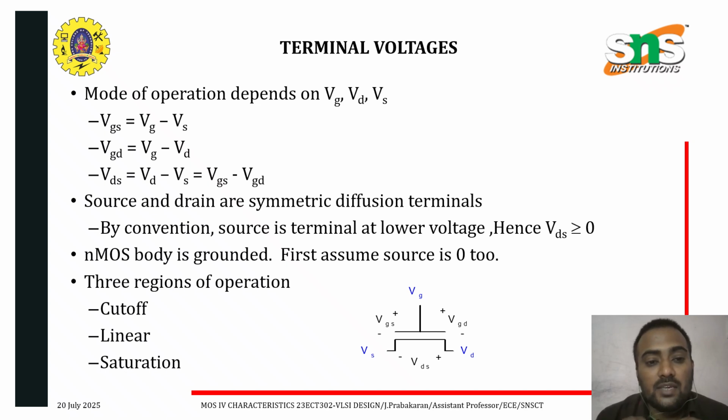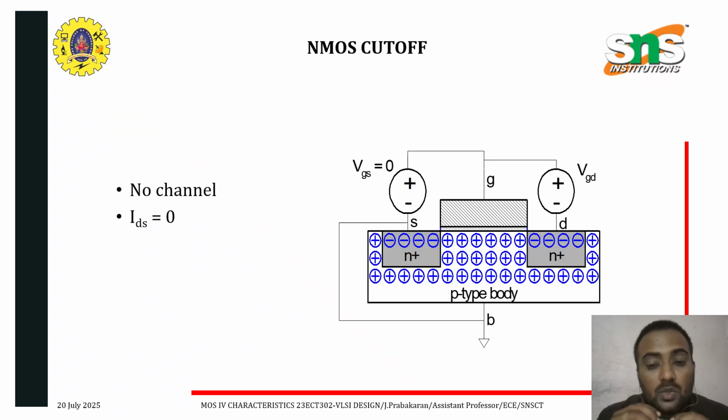We will find the VDS equal to VGS minus VGD. Also, already we have discussed there are three types of operation regions. One is cutoff region, another one is linear region, and next one is saturation. Here you can see the